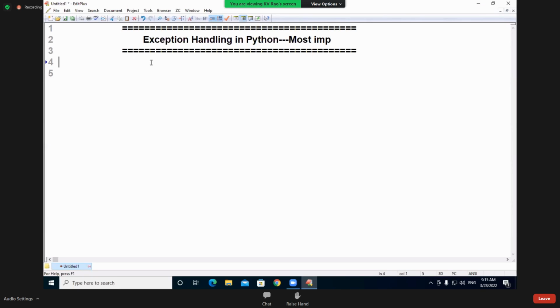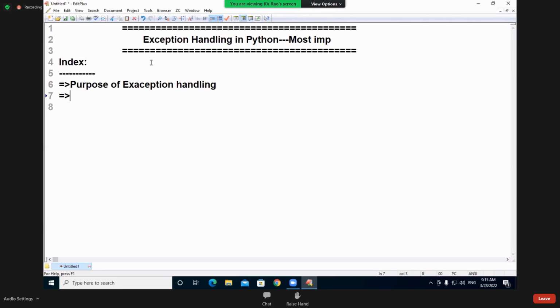Okay, so what is the index, what I'm going to discuss as a part of this? Very easy. Number one, purpose of exception handling. That's the first point.